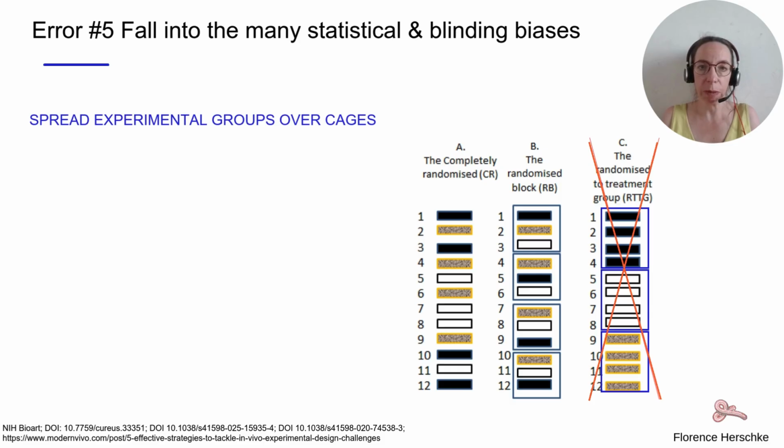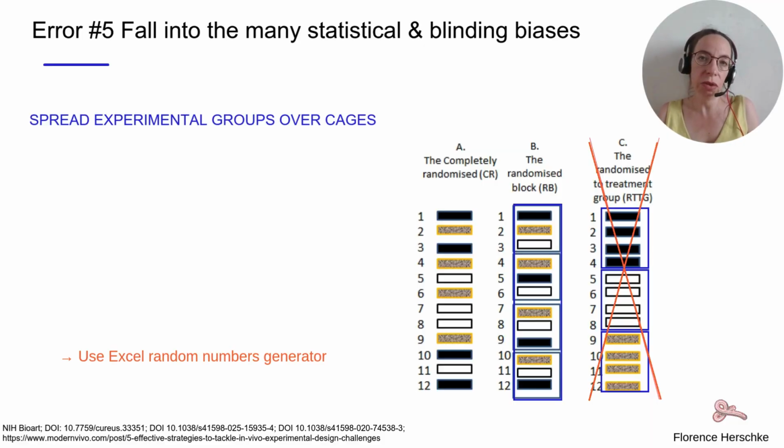Instead, try as much as possible to use A, the completely random design, where each treatment is randomly assigned to each animal independently of the cage. If that is not possible, another option is to use B, the randomized block design. There, in each cage, in that case there would be 4, you can find 1 animal receiving each of the different treatment groups. If you then use that design, you can perform a double ANOVA for the treatment effect and for the cage. In Excel, you can easily use a random numbers generator to more easily allocate treatment and cages